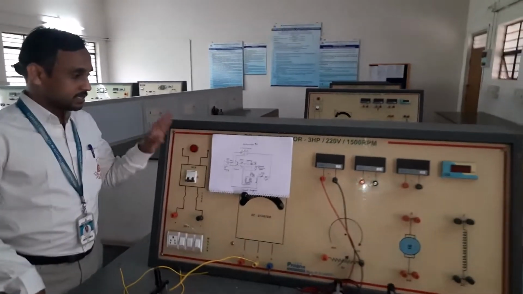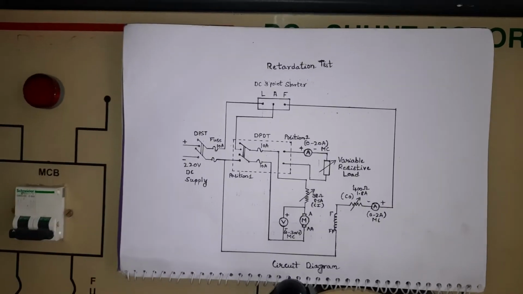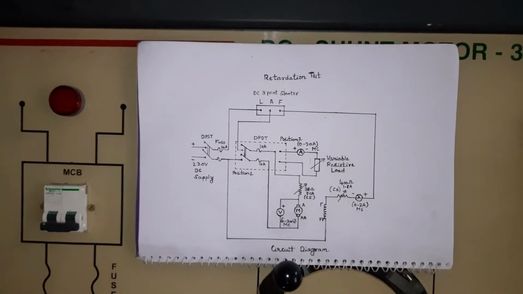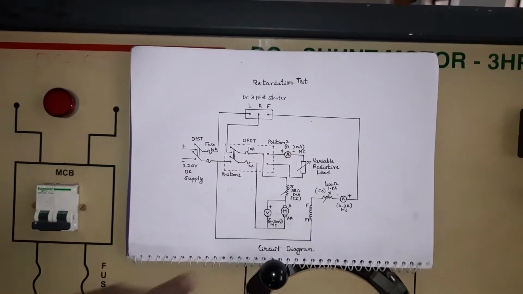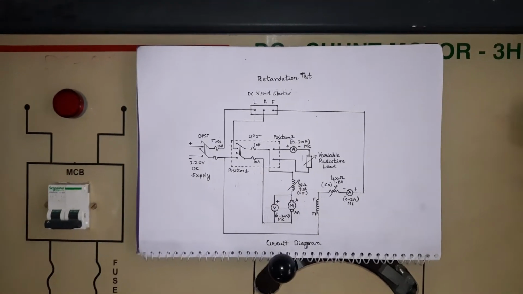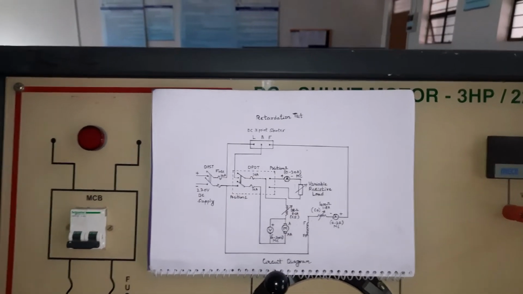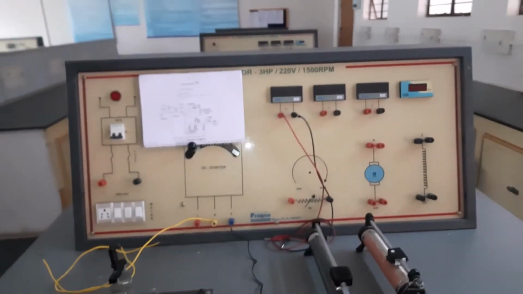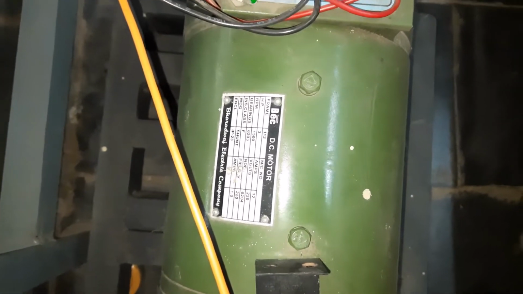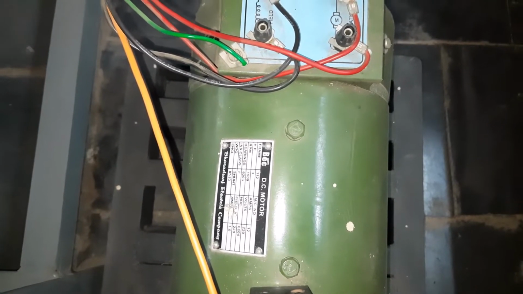Okay. So this is the circuit diagram of the DC shunt motor. The apparatus required: two ammeters, one for the load connection and another for the field ammeter, one voltmeter across the motor supply, a 3-point starter, and one load. Regarding the nameplate details of the experiment: DC shunt motor, 1500 rpm, 3 HP motor, 12 ampere full load current, and 220 volt rated voltage.